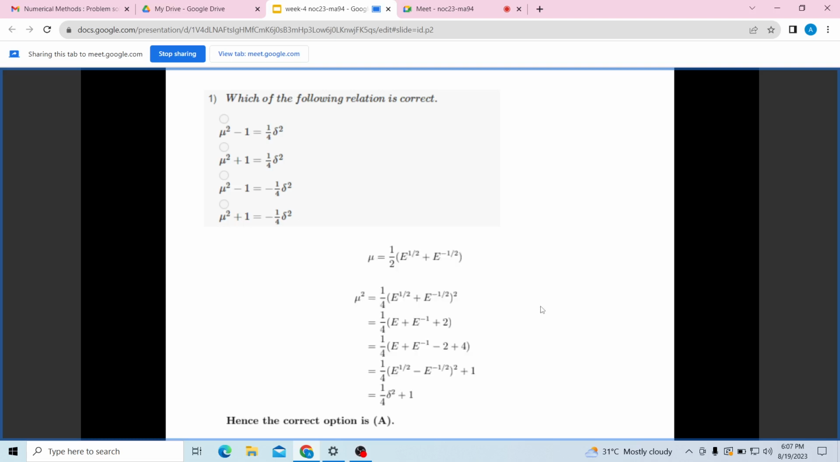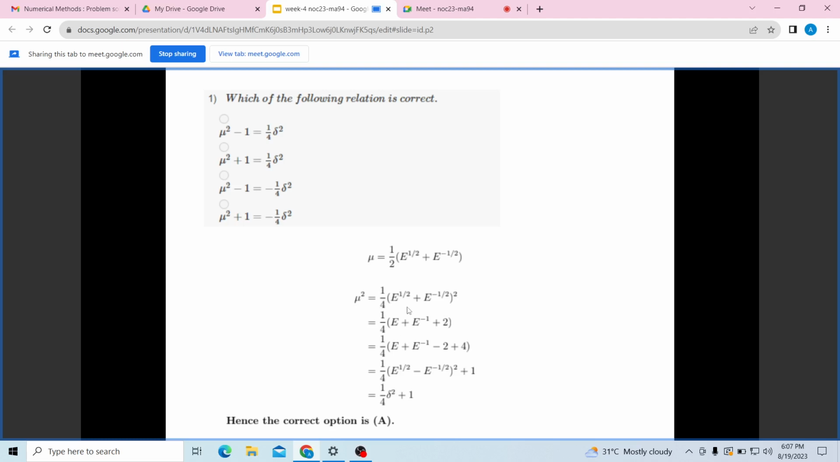So correct option is A. You will get it like this. Mu, that is average difference operator, you can write it as mu is equals half of e power half plus e power minus half, that is in terms of shift operator. Okay. Now when you will take mu square, it will become square of this term, which